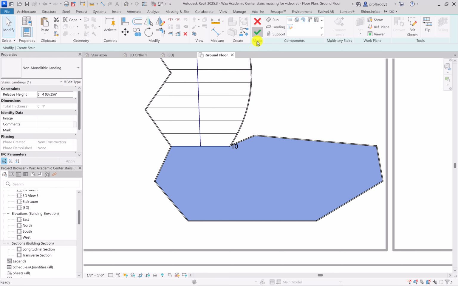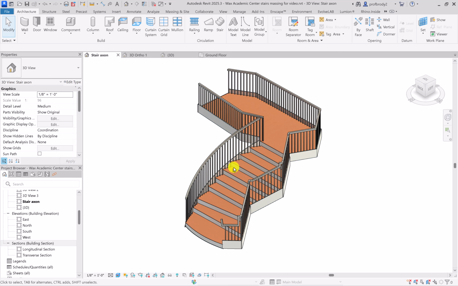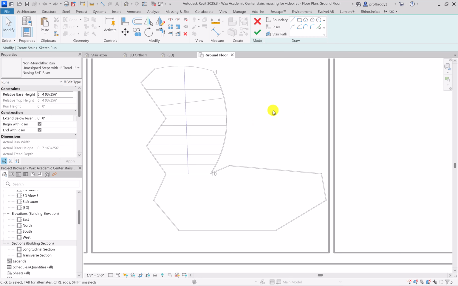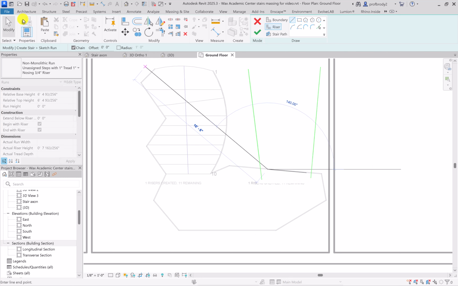And what does this look like? Well, it's a complete nightmare in terms of actual code compliance, but you can see that it makes an interesting shape for the landing. And by the way, Revit is smart enough that if you come in, and I'm still editing the stair here, I'm going to draw a boundary line for the top part of the stair. Again, this is just an experiment, so I don't really care what it looks like. But if you choose the edge of the landing as your first riser on this kind of second run,